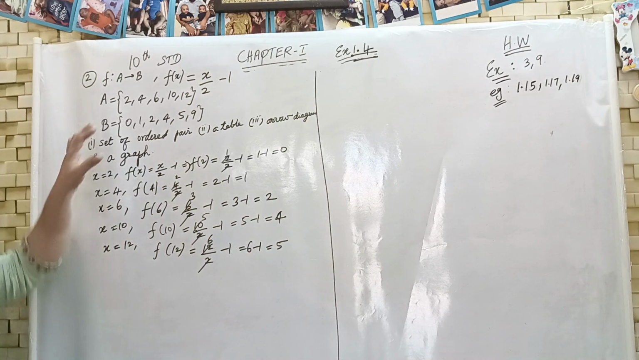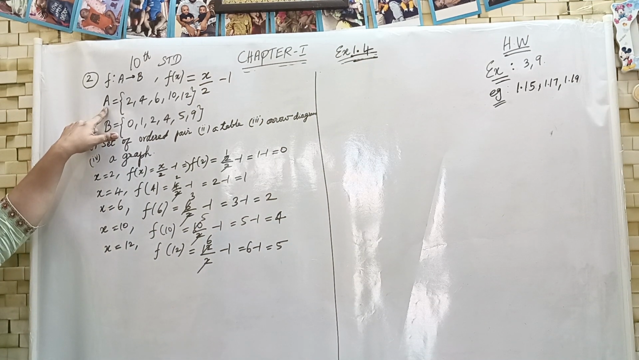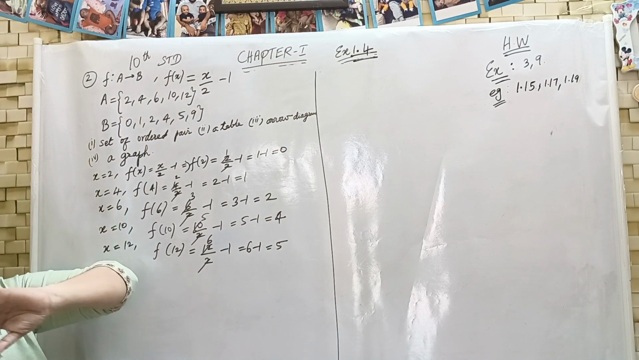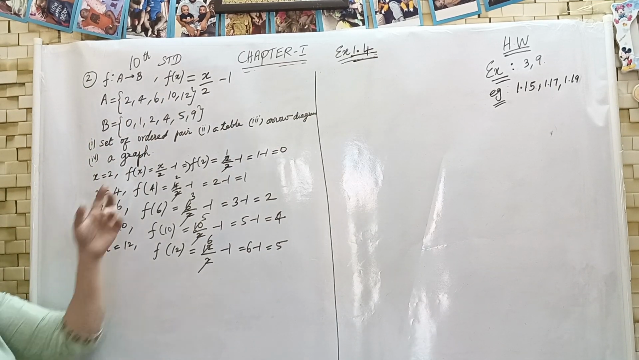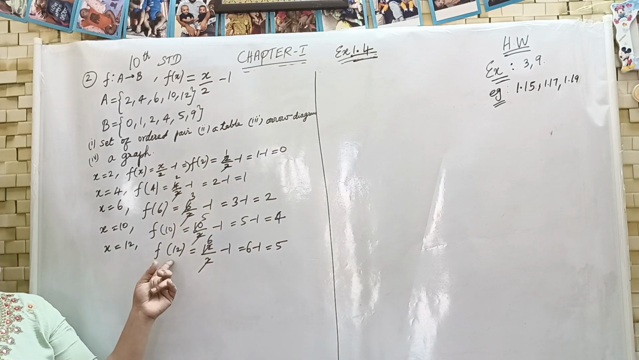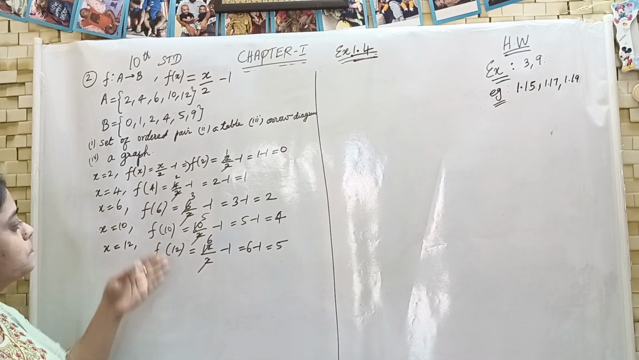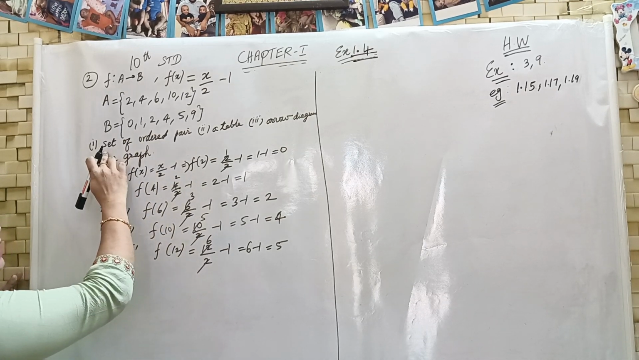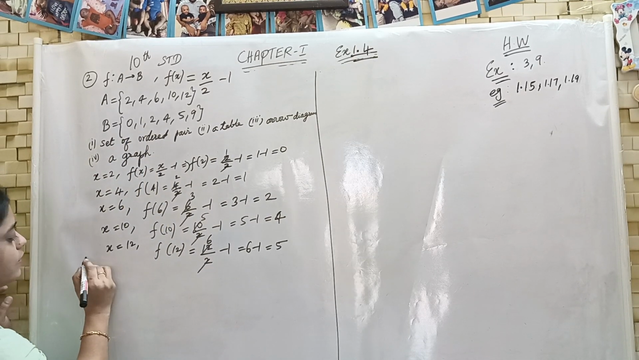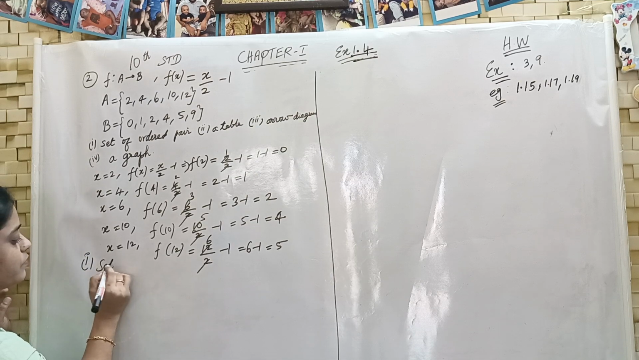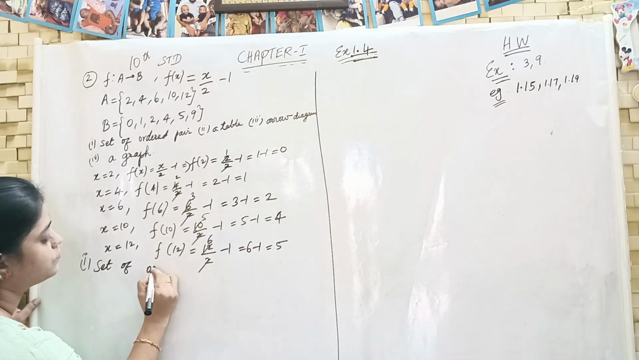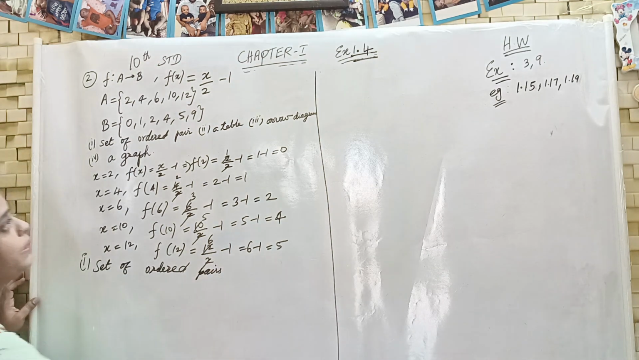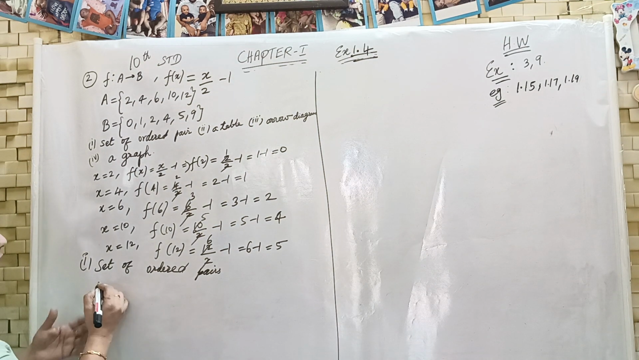So your x value a is a domain. Domain values are taken as the x. So you are getting just values of the f of x values. So it is your range. Now we are going to write the set of ordered pairs. The first subdivision, set of ordered pair. Set of ordered pair means it is